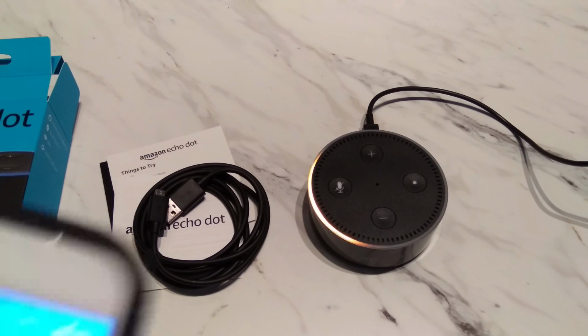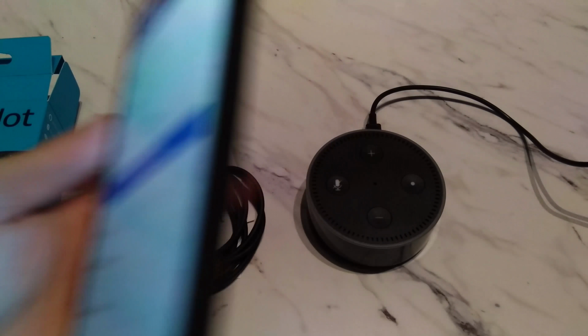Okay, so I'm connected to it now. So we'll go to continue. Connect to my network, enter my password. Done. So now it's connected. I think it's still yellow for some reason. So you get the choice of which version of audio you want to use. We'll say just use it as is, so no speaker. You can skip that. Okay, so now that the orange light is completely turned off and is completely paired